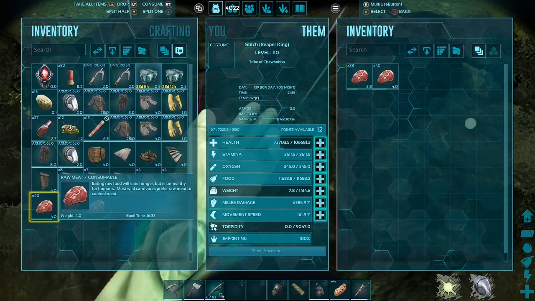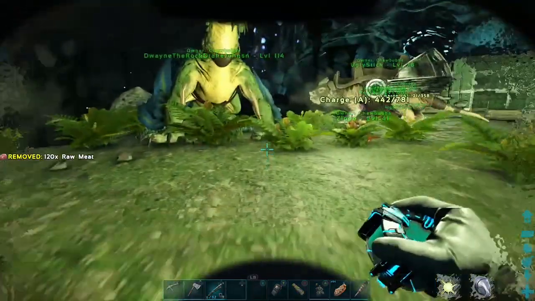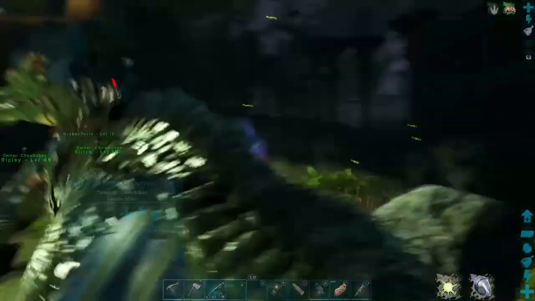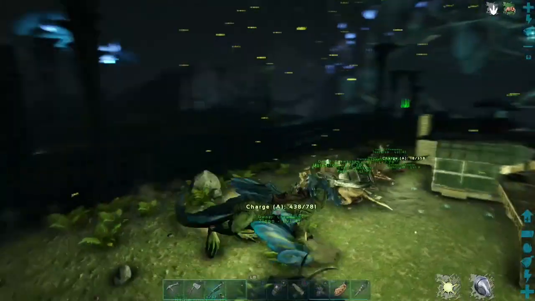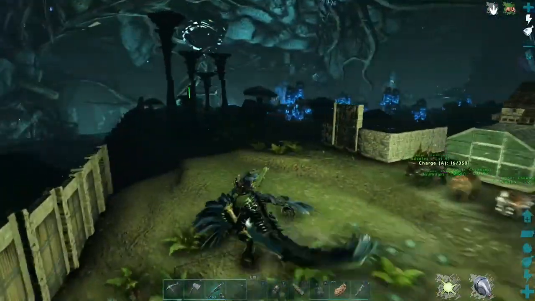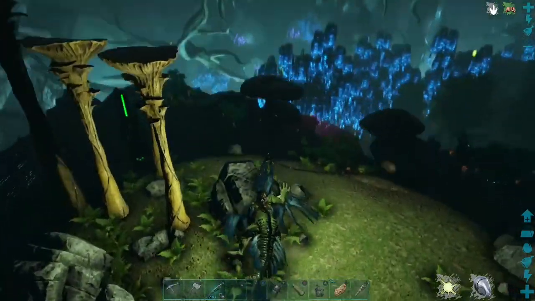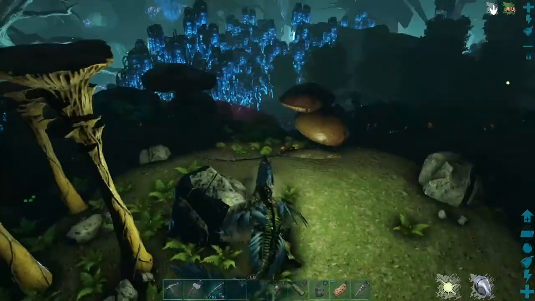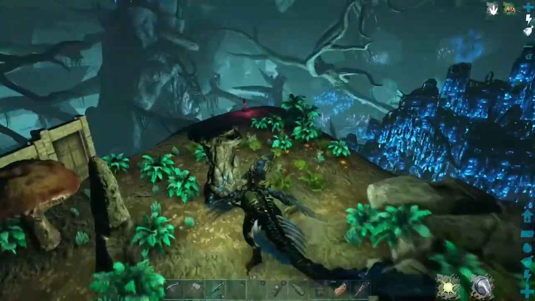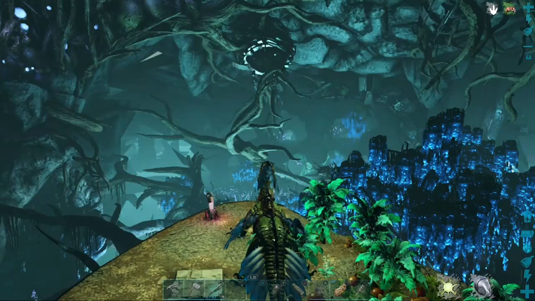Have some more meat. Keep healing up. Yeah, Stitch's stats are insane. On the surface, I was hoping to find a surface alpha reaper, because I need to kill one so I can, because you need some little body part of it to unlock the Rockwell fight. So as far as, speaking of Rockwell fight, let's see if I can do this and talk at the same